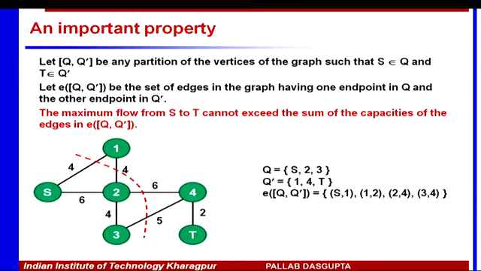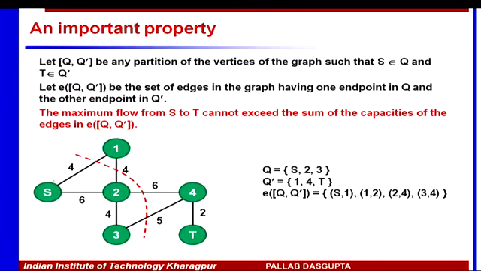Now, just like we saw a very important property of the spanning trees, we will see that there is a very similar kind of property, except that there we were looking at the max of the edges or the min of the edges on that cut. Here we will look at the sum of the edges on the cut. So, let's see the same property. You see that it's the same graph that I had drawn there. So, we are saying that suppose I partition the set of vertices into a set Q and a set Q dash.